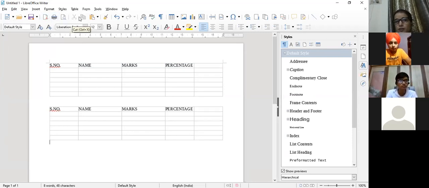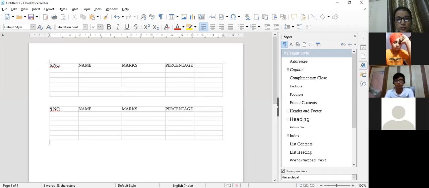Cut, copy, paste. Clear? Again, we have three methods to copy a table and paste it. First method, by using the shortcut keys Control plus C, Control plus V. Second method, by using the edit menu. In the edit menu we have all the three options: cut, copy, paste. And third method, all icons of cut, copy, paste are available on the standard toolbar. Same way you can cut and paste also, meaning move also.